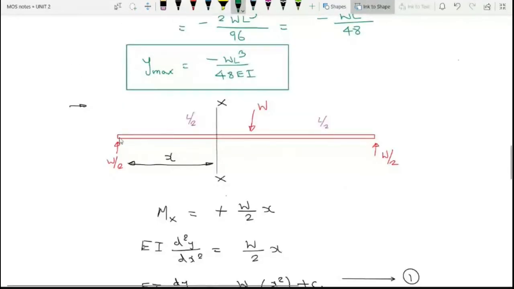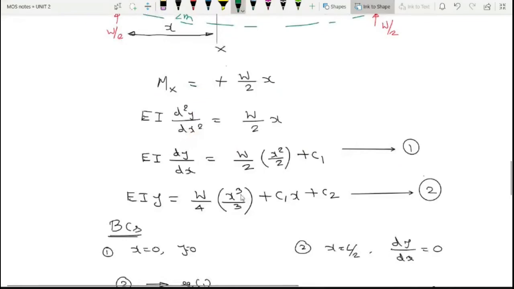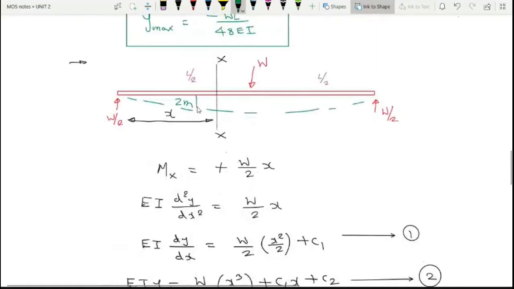Now, this is my simply supported beam. Let me consider this as a bench. On the bench, two people each sit here, right, at the center. Then how does the bench bend? So x is equal to, for example, you have a bench of 10 meters. At 2 meters, where does it bend? What will be the deflection? If I want to identify how it bends at 2 meters, for example, then I can substitute x is equal to 2. I will get what will be the deflection at that particular location too. Similarly, at any location, I can identify what will be my deflection.